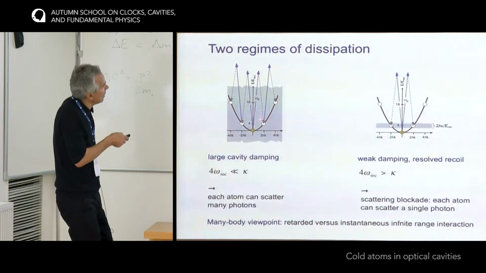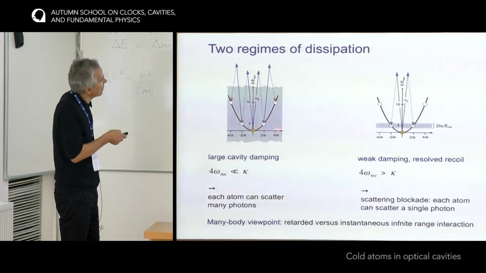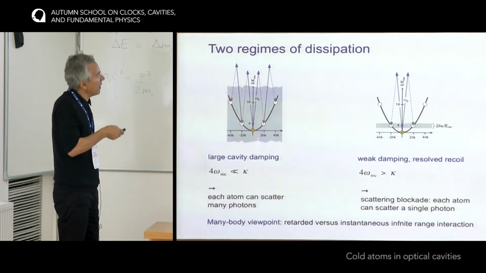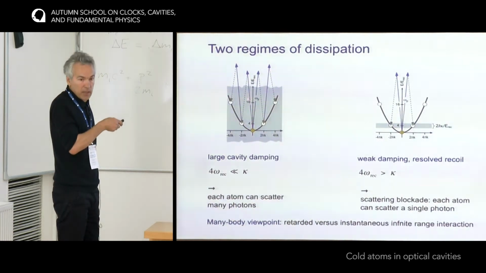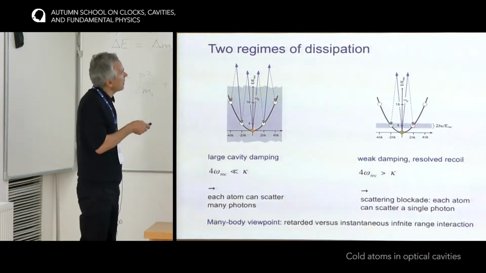Yeah, then the next step, going 2h bar k further on this momentum axis, is also possible because kappa is very large as compared to the unit on this y-axis, right? So it's no problem to do scattering processes